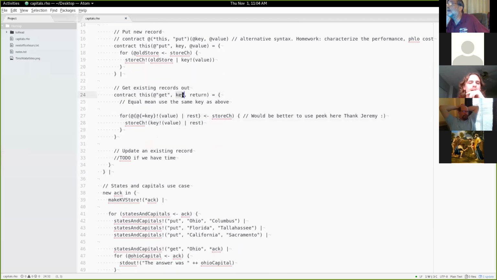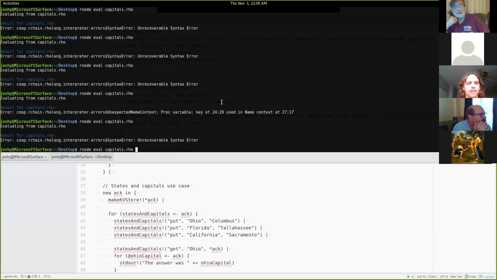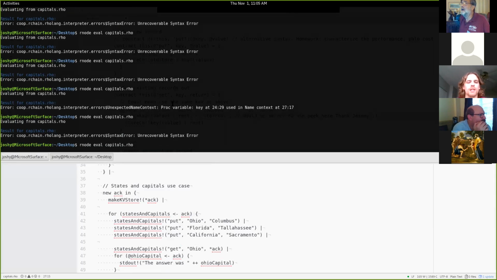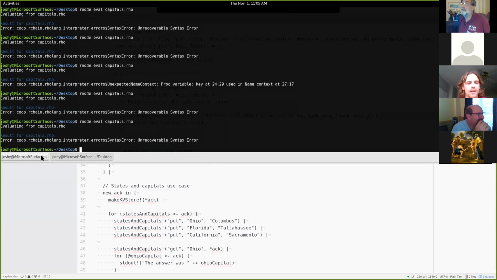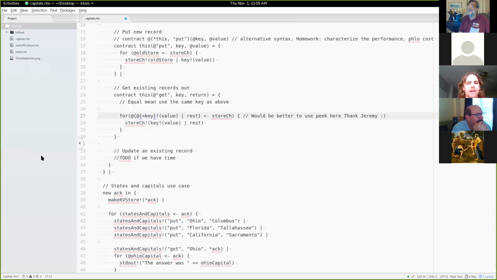So my understanding is that key is a name here, because when you receive stuff from channels, you get names. So we want to use that same name. Maybe that's what we need. I don't think it's a name. Why do you not think it's a name? I'm curious, because you seem to agree with the interpreter, but I don't quite understand why. Well, I guess it could be either, really. But you always receive names, though, right? You send processes. Oh, yeah, it would be a name in here, right? Never mind. Okay. So it's a name,